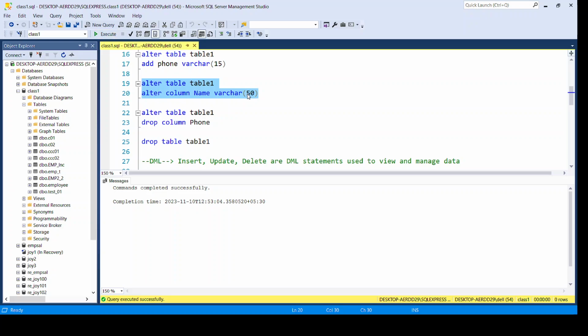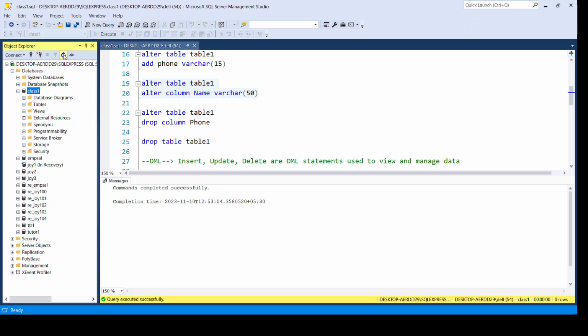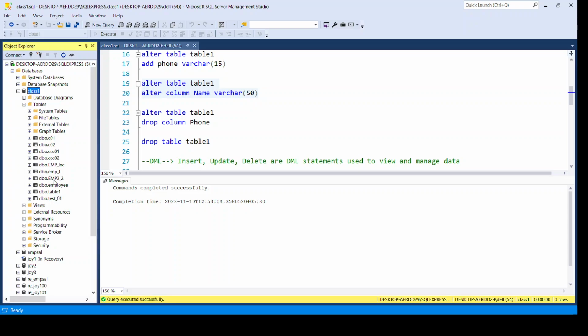Now in order to see whether the change has been reflected or not, go back to the left-hand side under the Object Explorer, to the database under which I have created this table, which is class 1. Expand it, after expansion, search for the table. Whenever you make changes in MS SQL and want to see the results on the left-hand side, you can click the database, like class 1, and hit the refresh button. So the new changes will be reflected inside this. Now you have this class 1 database, go to tables, expand, and you see the name of the table is table 1, this one,